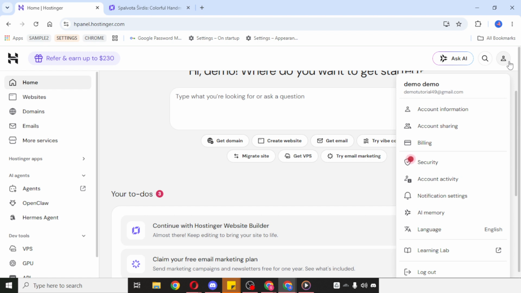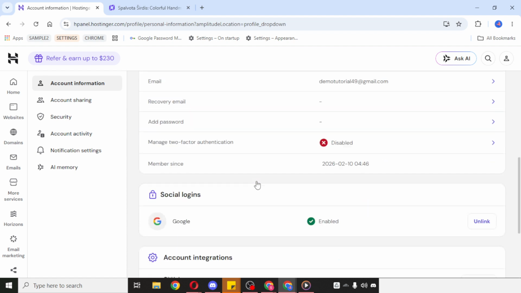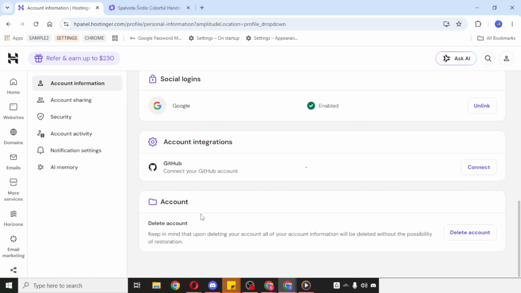Next, click on Account Information. This section contains the main settings tied to your account status. Once you're there, scroll down through the page until you find the option labelled Delete Account. According to this process, this is the area where you'll be able to proceed with cancelling your subscription. As you move through this part, read each prompt carefully so you understand what will happen next, especially if the platform explains how account deletion affects active services.